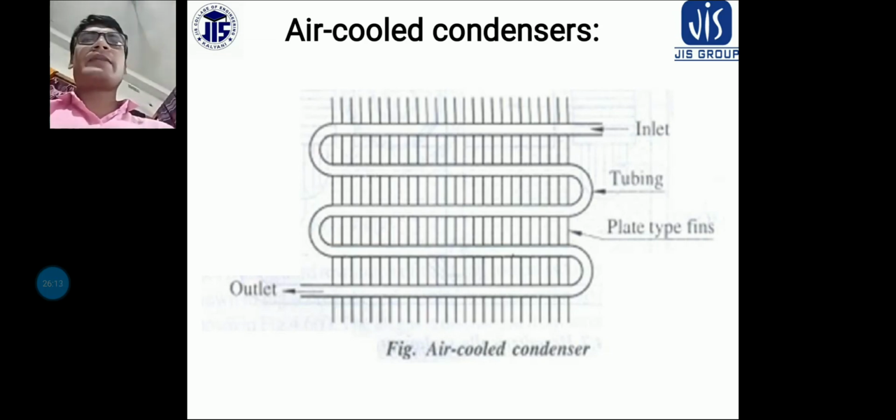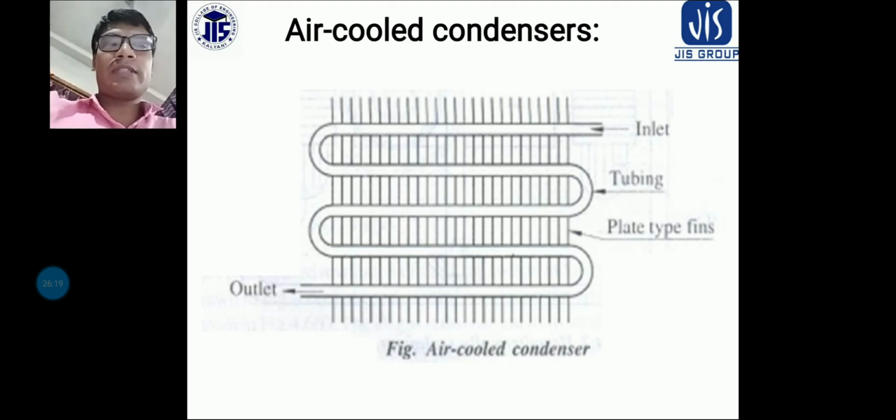Do you know thermal conductivity, Fourier's law? In the heat transfer subject, you have gone through Fourier's law: Q is equal to minus K A dT by dx. It depends on the thickness from one wall to another and the temperature gradient. So K is the thermal conductivity. The thermal conductivity is high for materials like aluminium, copper, gold. Then the heat transfer capacity will be more. So the higher the ability of a material to transfer heat, the smaller will be the size of the condenser.